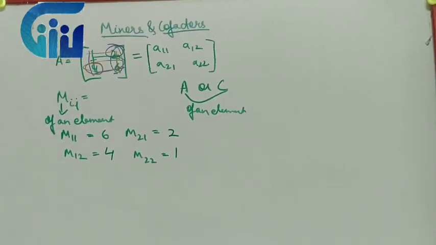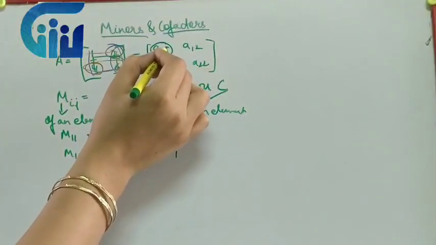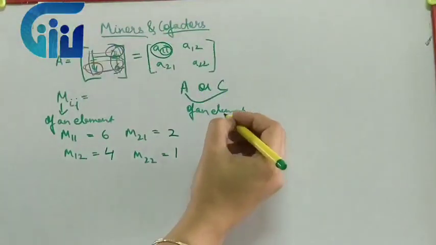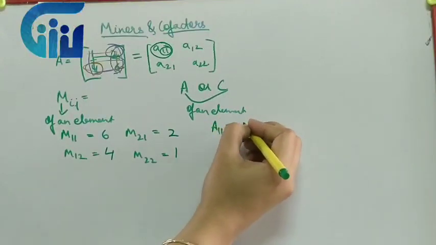So what is minor? Minor is the value of an element obtained by eliminating a particular row and particular column at the intersection of which that particular element lies. Now what is cofactor? Cofactor is the minor if I take into consideration the sign of that particular position also. For this position, what is the sum? 1 plus 1, 2. So even position, even place. So I will take the value of the minor as it is.